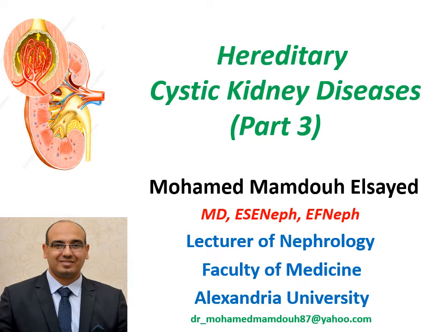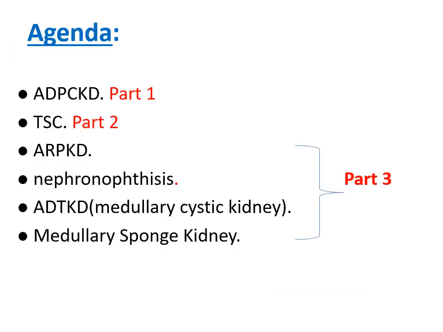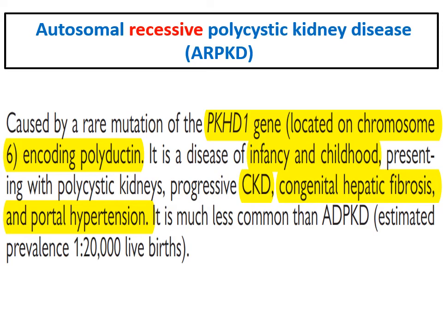This is part 3 for cystic kidney diseases. In part 1 we discussed autosomal dominant polycystic kidney disease, and in part 2 we discussed tuberous sclerosis. Today we will talk about autosomal recessive polycystic kidney disease, nephronophthisis, autosomal dominant tubulointerstitial kidney disease, previously known as medullary cystic kidney disease, and medullary sponge kidneys. We will start with autosomal recessive